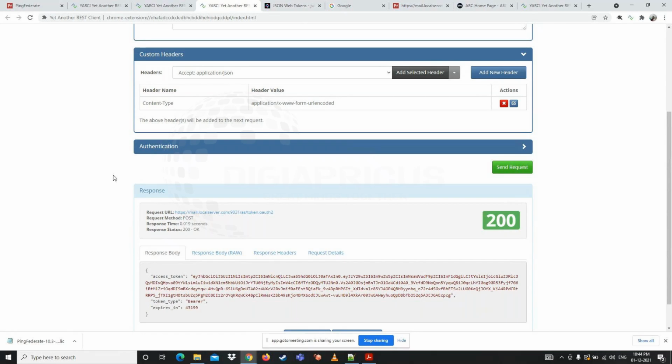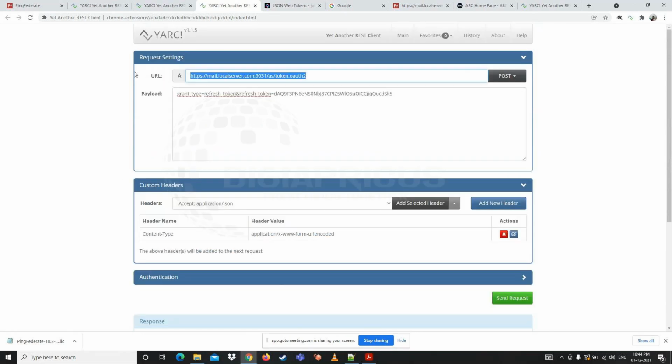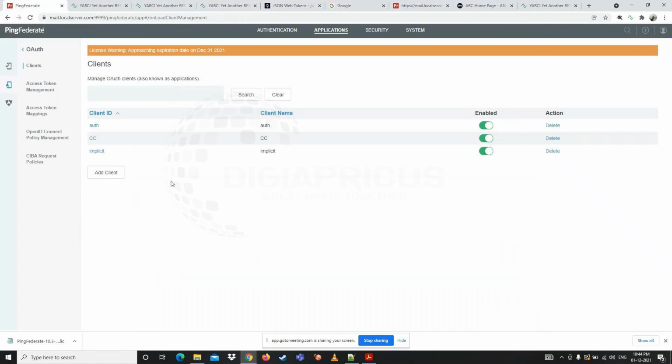You will be using 2 APIs. One is this token API, and the next one is the validating the access token API. That's all, only 2 APIs you will be using for the resource owner password credential grant type. Okay, let's enable this one. Basically in the ROPC grant type, in the authorization request itself,